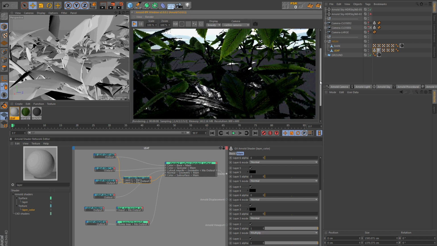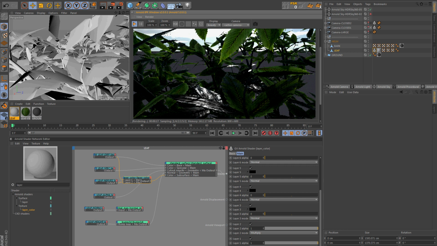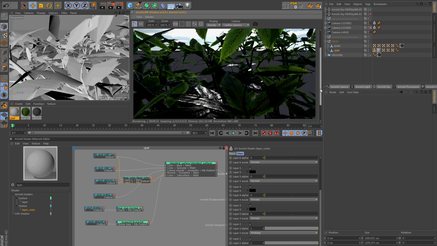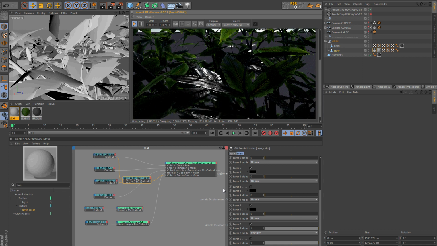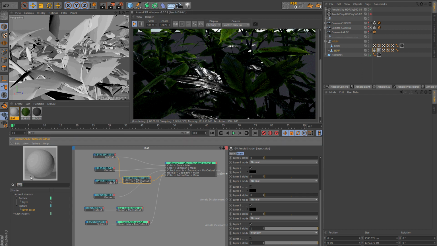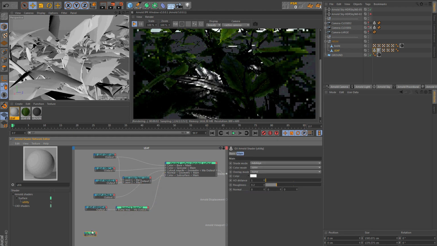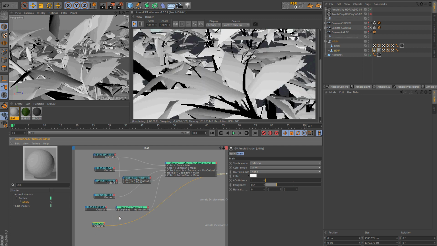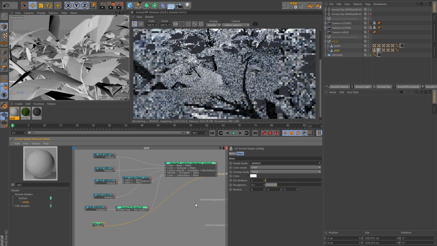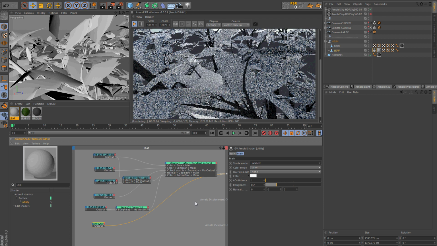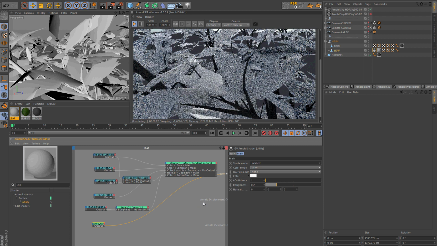As you can see, there's another issue. This is because Arnold version 2 tries to keep the output values to 1. Subsurface is not an additive effect, it's just a blend effect, so when it's black it continues to overwrite the diffuse. To fix this, I need to generate a matte of my light. Let's try with a utility shader and set it to Lambert. This is not exactly what I need, because I want to see the subsurface only in the dark parts of my picture, in the shadows.